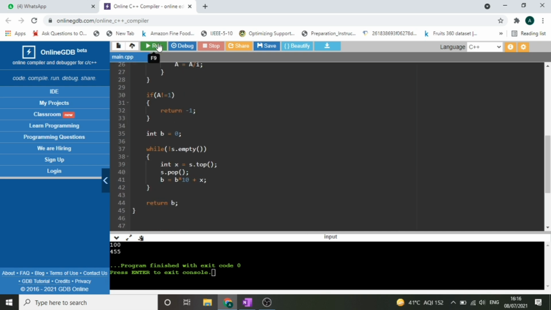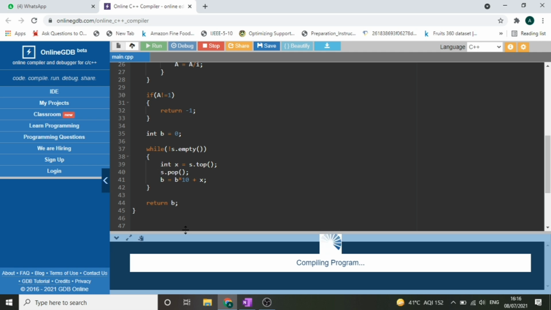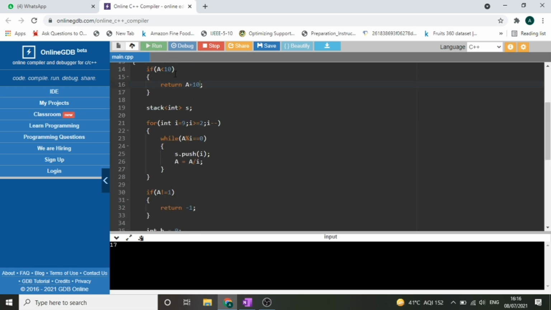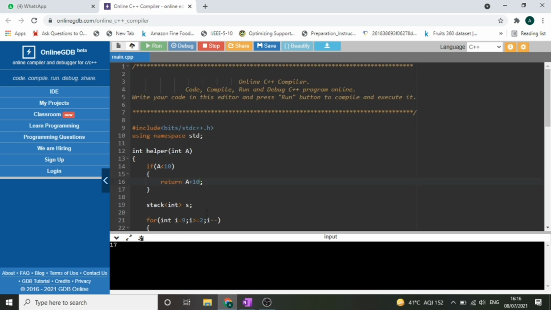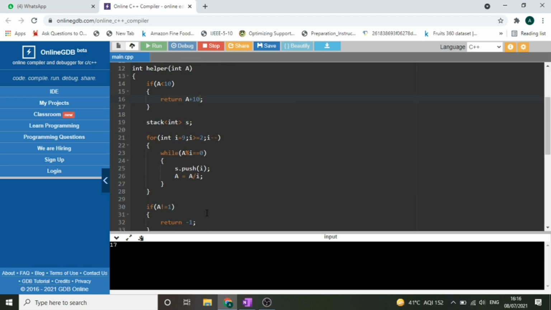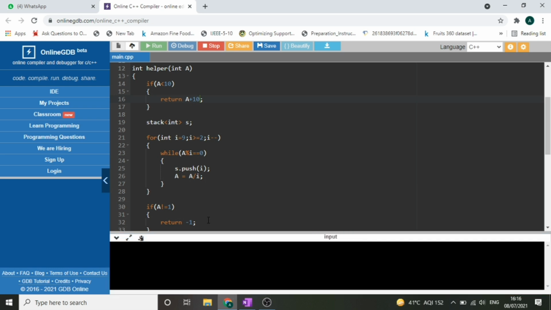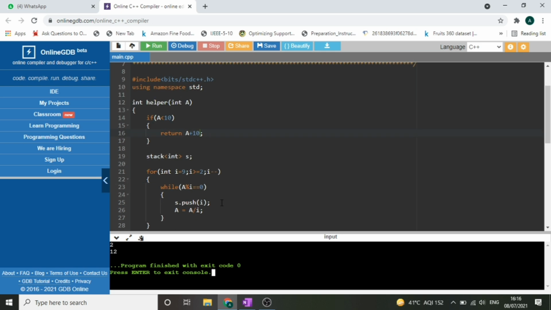Now let's run two more different test cases. Let's put a prime number like 17. Then it should return -1, because there is no such value of b present with us. Okay, so let me press enter. See, it is returning -1 because there is no possible b value for this a value. Now the last one, let's say 2. For 2 it should give us 12. It is giving us 12. So this code will pass all the test cases.